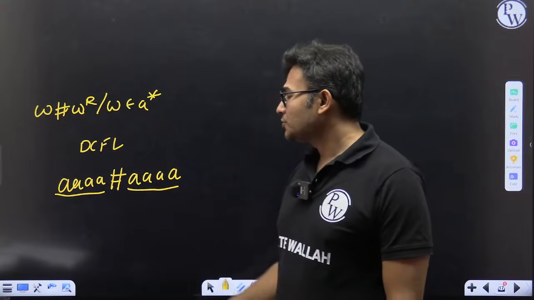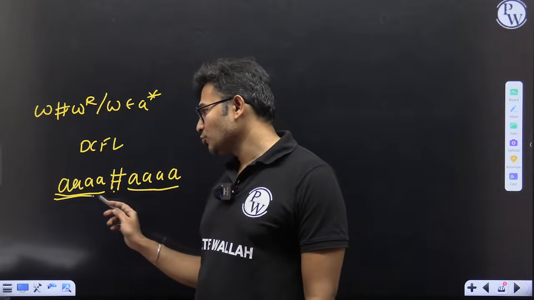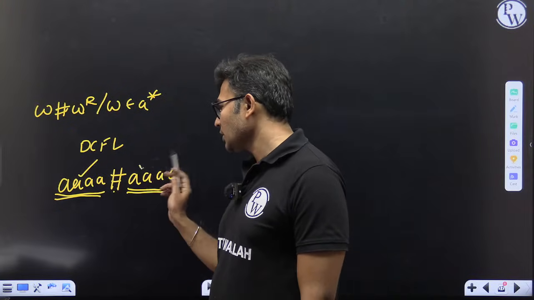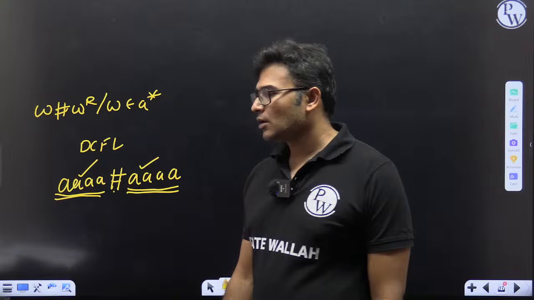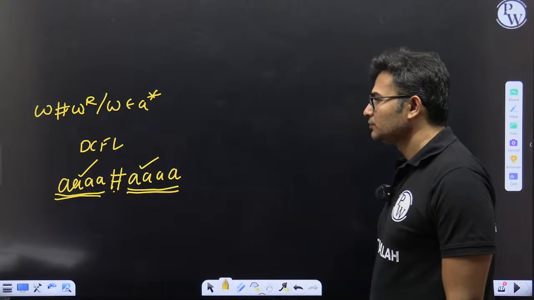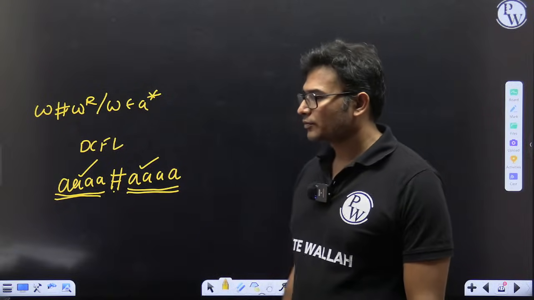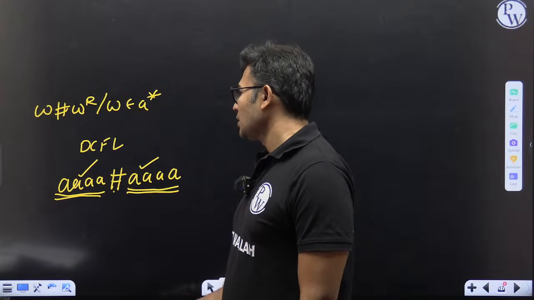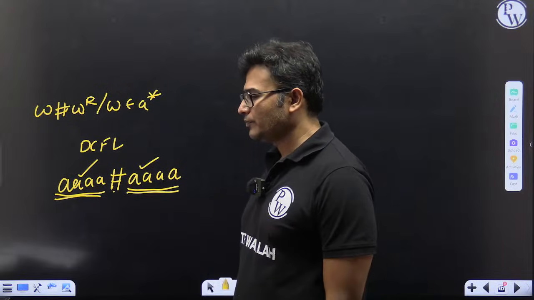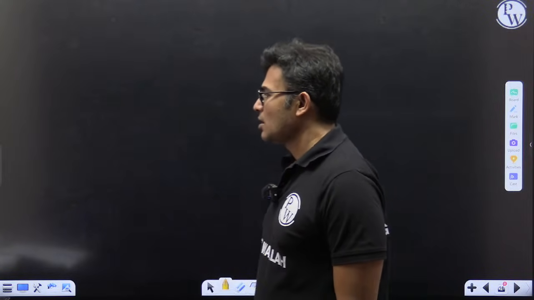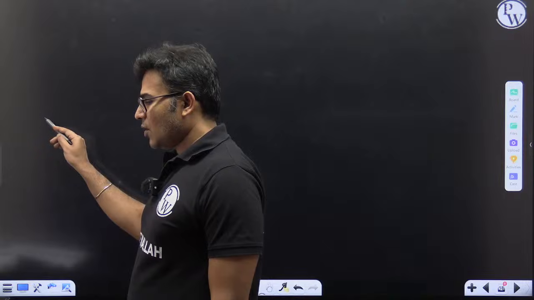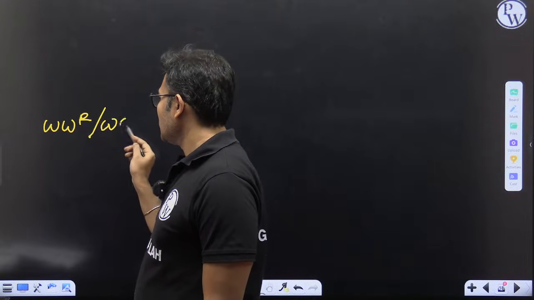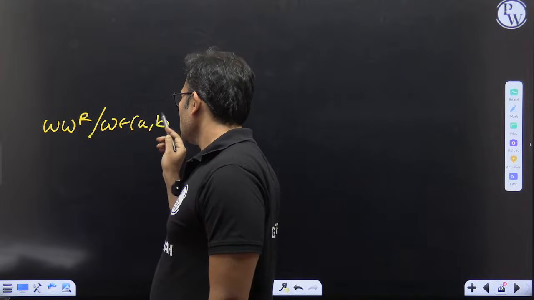Why? Because we know that till hash we have to push and after hash we have to pop. Therefore this is DCFL, and so you can say it is CFL also. Okay. Now answer this. W W^R such that W belongs to (a,b)*